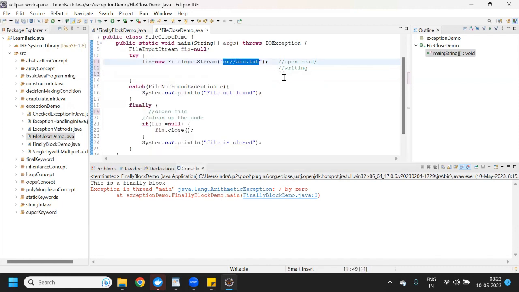If it doesn't find the sheet, or if it doesn't find the data, then it will come inside the catch block and print the statement, whatever statement you have written here, and then it will come under the finally block. If your file is not closed, then it will check this condition.